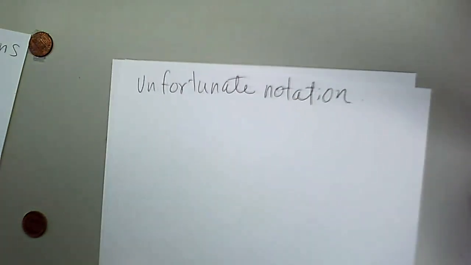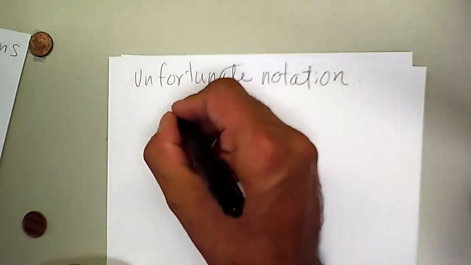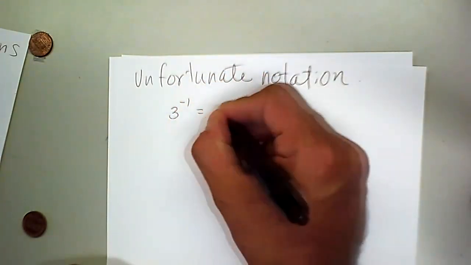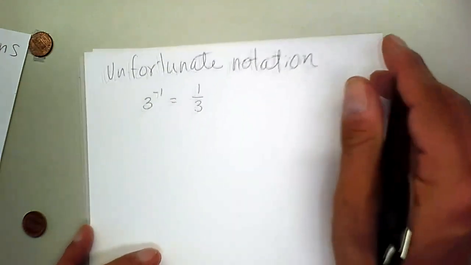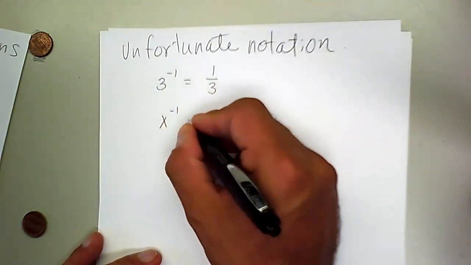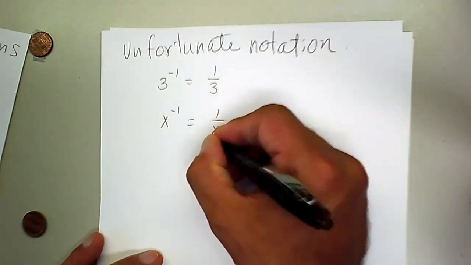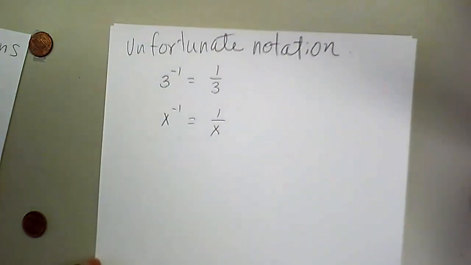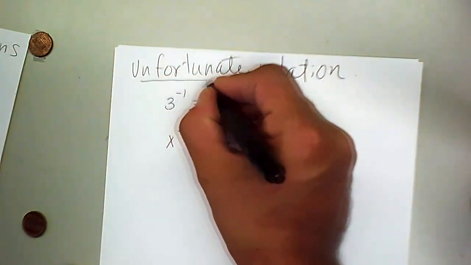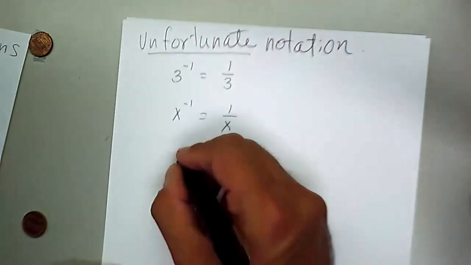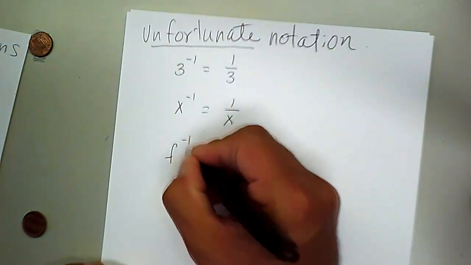Okay, unfortunate notation. What is 3 to the -1? Well, most of us remember it is 1 over 3. What is x to the -1? Most of us remember that is 1 over x, and that is completely correct. However, and here's the unfortunate part, if we have f to the -1,